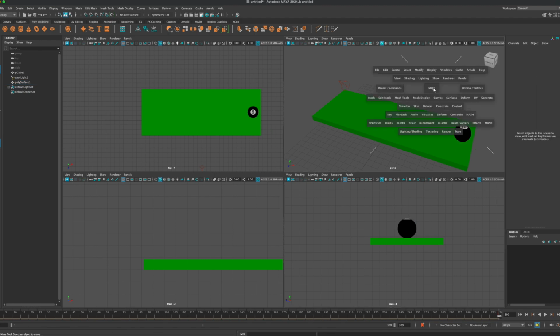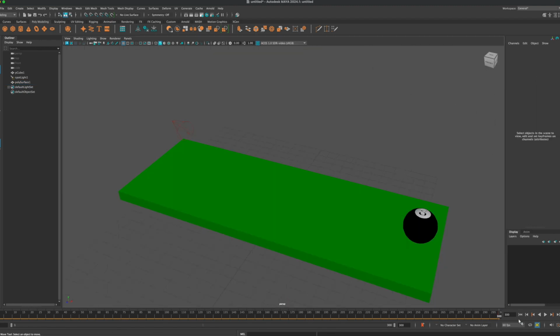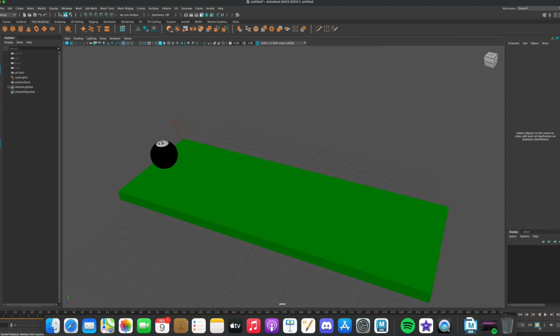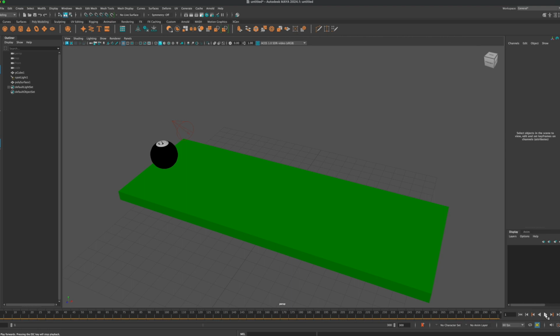Then we come back to my view here. As I scrub through back to the beginning, you can see there's movement that happens. And then here's where you can play and stop your animation. You can go to the end of it. You can go to the beginning of it. There's a little icon right here that lets me do, here, I'll just show you. If I just hit play,